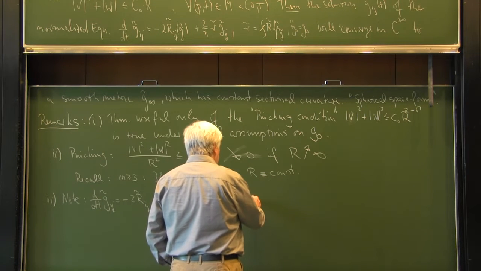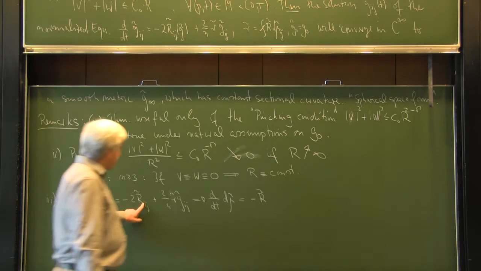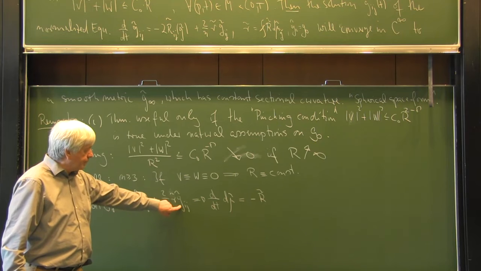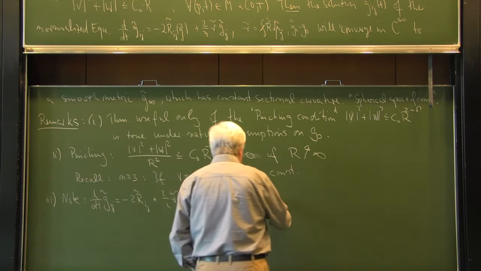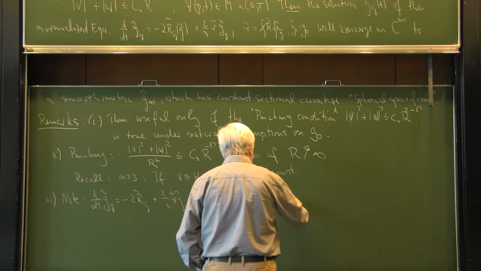So this would be minus the scalar curvature, the trace of the Ricci tensor, and then the trace of this one here is n times 1 over n. So this is minus plus r tilde times d mu tilde,